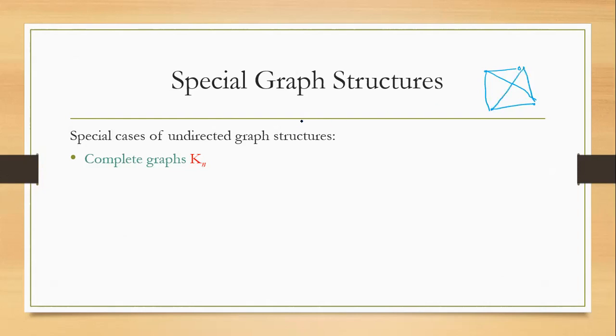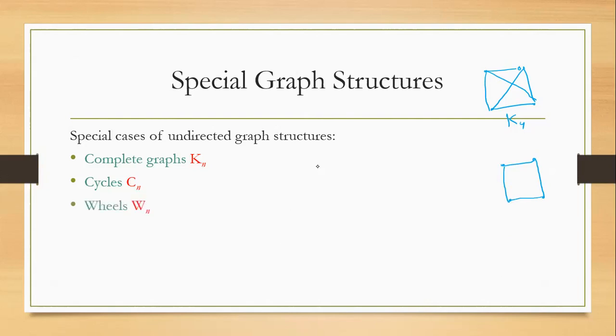Now we have the next graph, the cycle. A cycle is when adjacent vertices, vertices that are next to each other, are connected by an edge. So this is a complete graph K4. If I want to draw C4, I'll have to take 4 vertices and connect the vertices which are next to each other to create a cycle, that is a kind of closed loop.